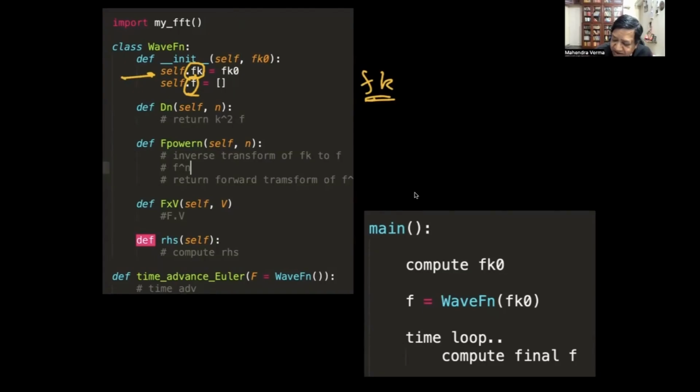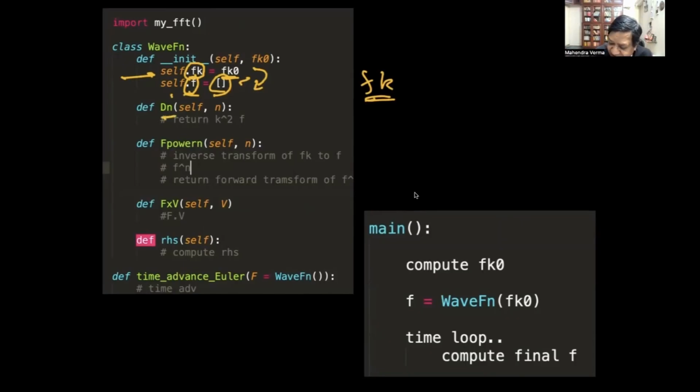My initial condition I want to read in Fourier space, so I say Fk0, and I have my F empty. When I do the inverse transform, I want to save it in F. I don't want it floating around in some temp arrays.